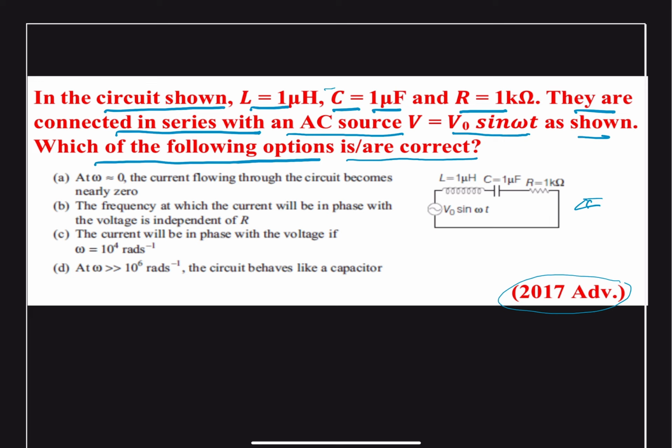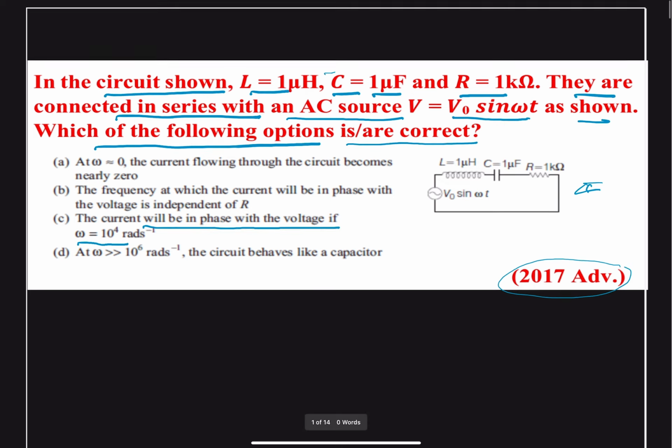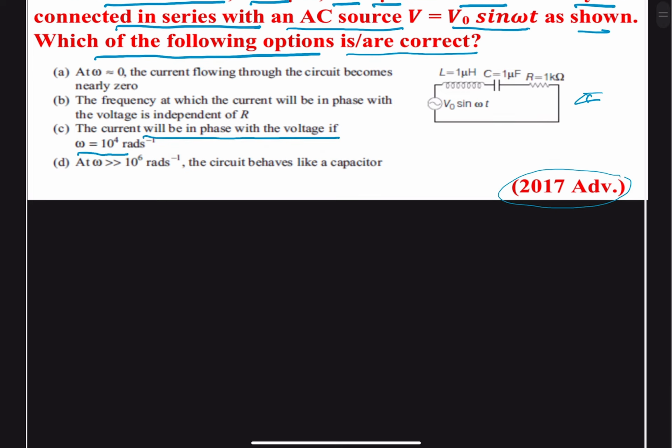First of all, we are going to find out the resonant frequency, and because it says that the current will be in phase with the voltage if omega is equal to 10 raised to power 4 radian per second. So which basically means that the current in the series LCR circuit will be in phase with the voltage when the inductive reactance and capacitive reactance are equal, that is at resonant frequency. Okay. So we start from here only,